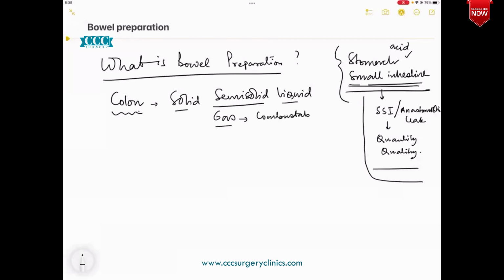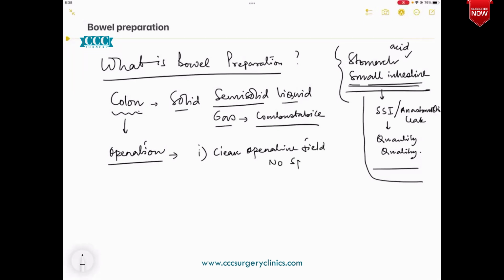So while you are doing an operation on the colon, the main points to discuss are that we need a clean operative field with no spillage of contents, because the colonic contents contain crores and crores of